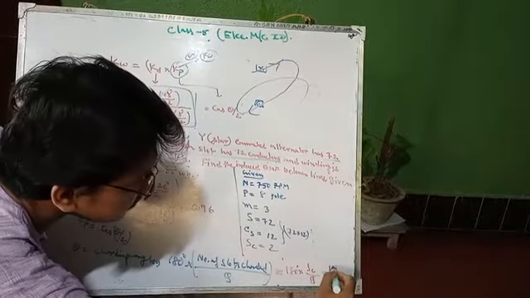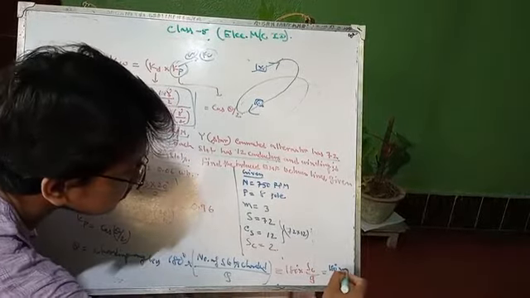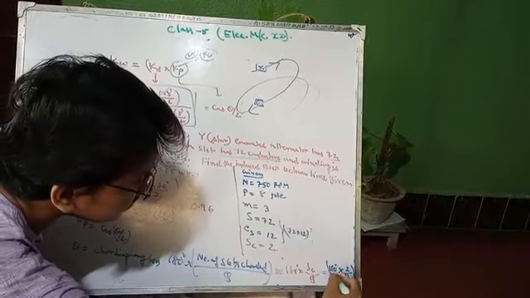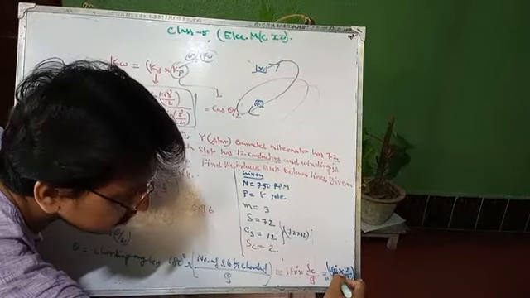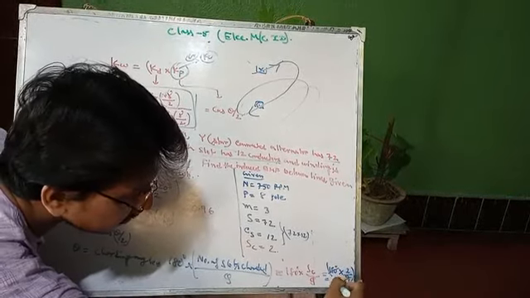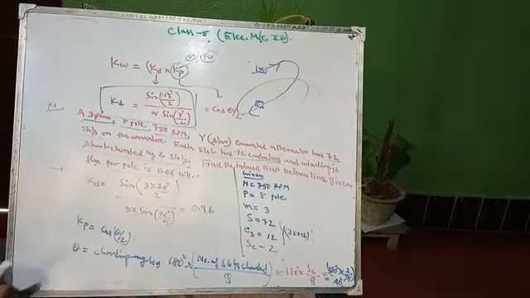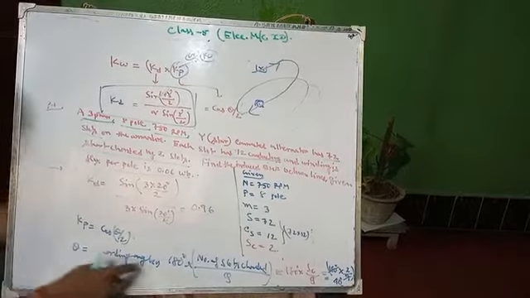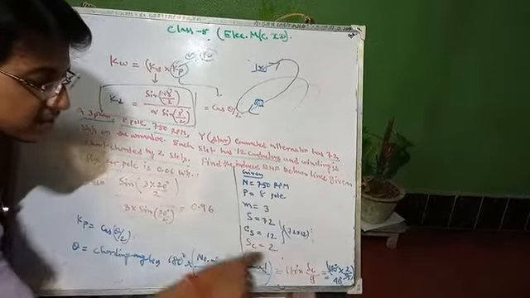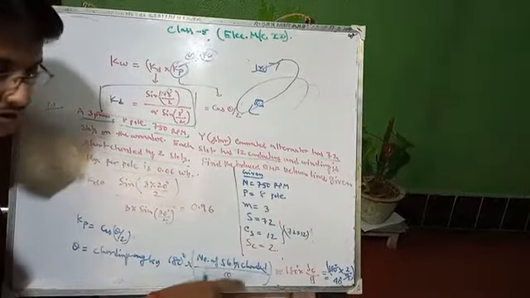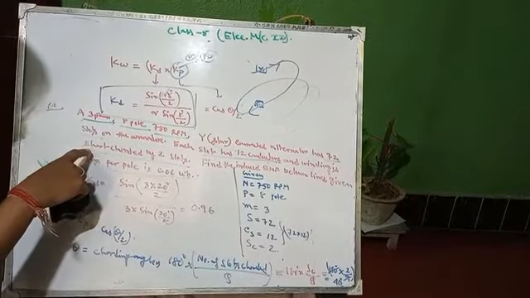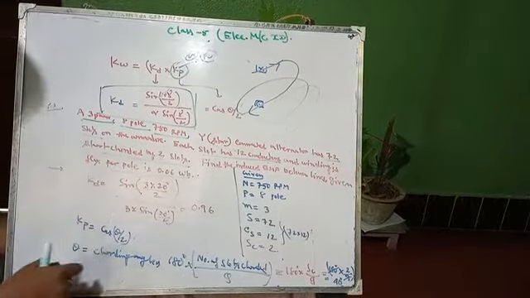By calculating, what is the answer? 180 degree into Sc, which is 2, by 9. So 2 by 9 of 180 means 40 degree. So your chording angle is 40 degree, theta equals 40 degree. Chording angle means 180 degree by Sc by Q. What is Sc? The number of slots chorded. There are 2 slots chorded.